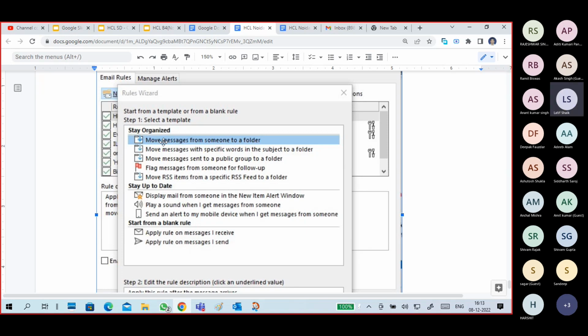Stay up to date means when I receive a new mail, I will get a notification or a sound. Like when you receive a WhatsApp message, what do you get? It makes some noise, right? You put one kind of tune, like a calling tune type. Same way, when I receive a mail, then the mail will be